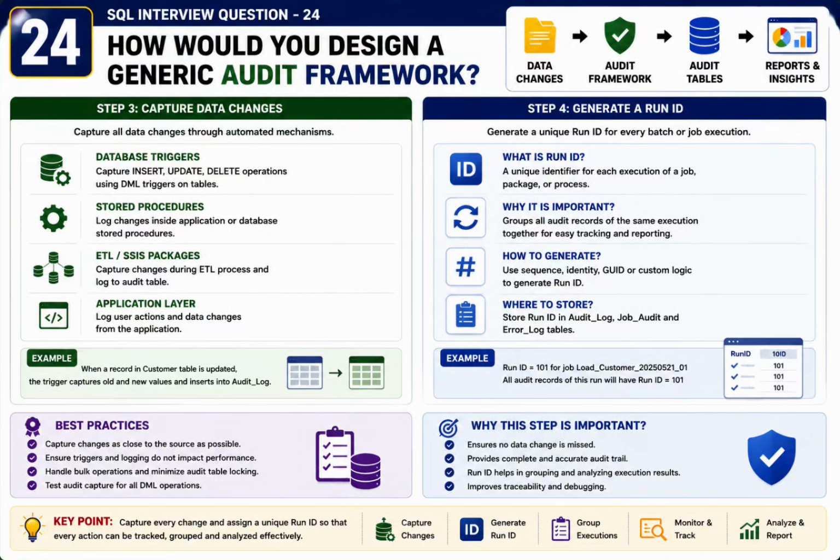Another important part of the framework is the run ID. Every ETL execution generates a unique run ID. Think of it as a tracking number for that execution. All audit records generated during that execution are linked to the same run ID. This makes it very easy to trace an entire ETL run, analyze failures, and understand exactly what happened